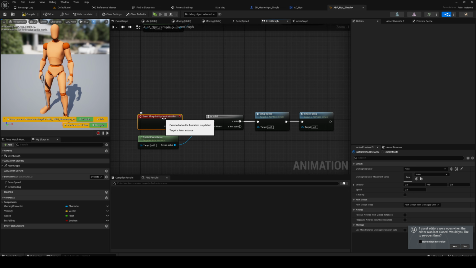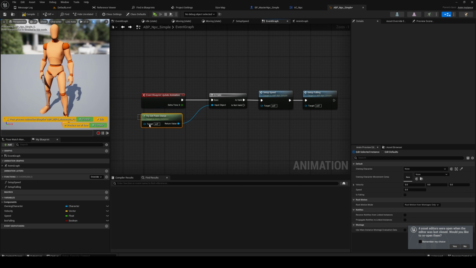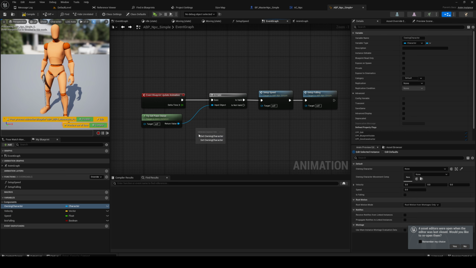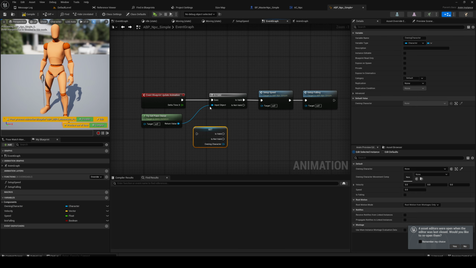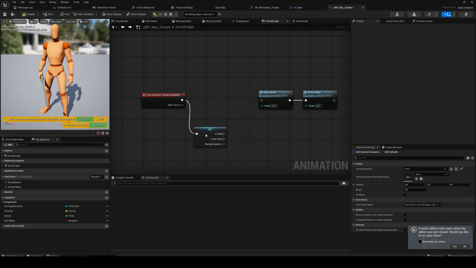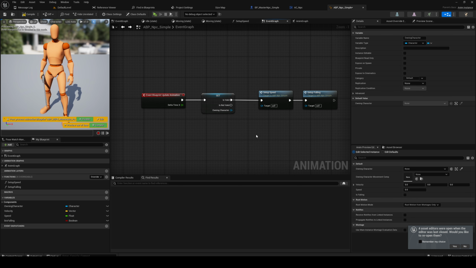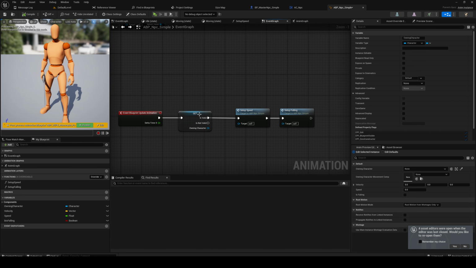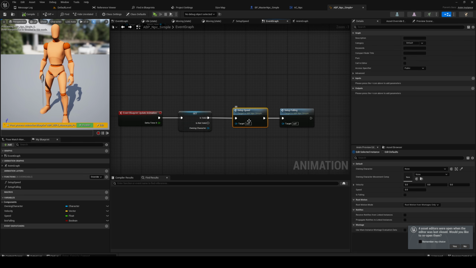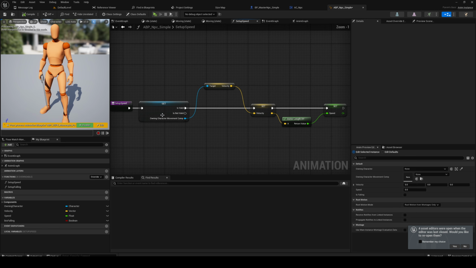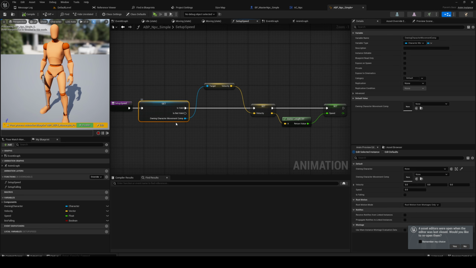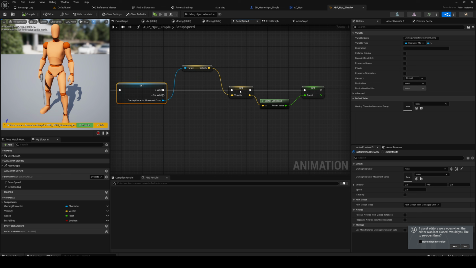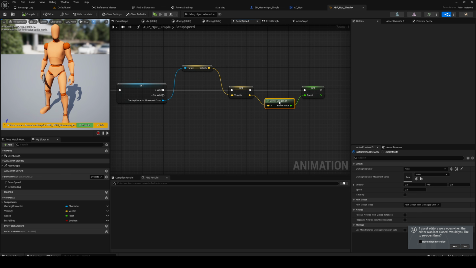Then on Blueprint Update Animation, we do the same. If the pawn owner is valid, you could actually do it like this. Convert to validated get is probably a good idea. Do it like that, because we set this up here, so as soon as this is valid, it's gonna start doing this. We set up the speed, it's just grabbing the movement component, get the velocity, to set the velocity, and the vector length of the velocity is the current speed